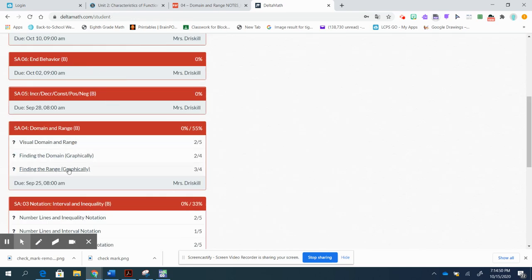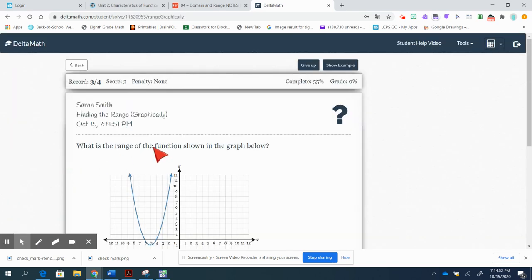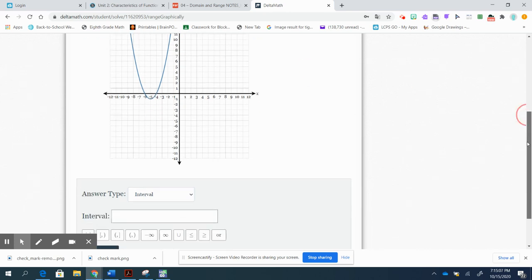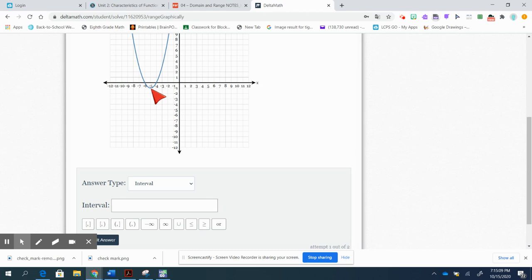All right, and the last one is finding the range graphically. So for the range, we're going to start at the bottom and go up. So we can see here at -1 is our first value, and then it goes all the way up to +infinity. And -1 is included in there. So we can say that our range is,